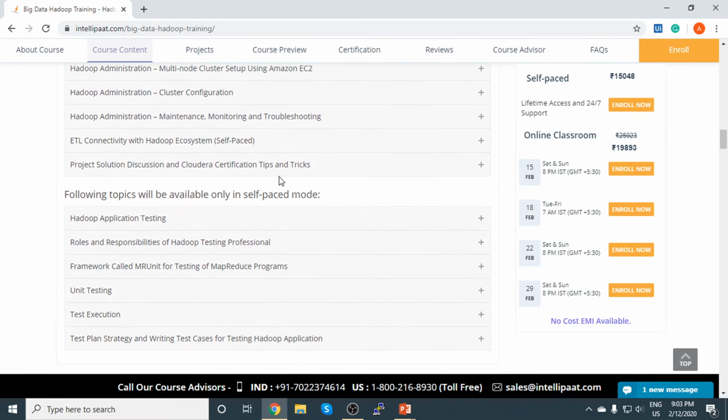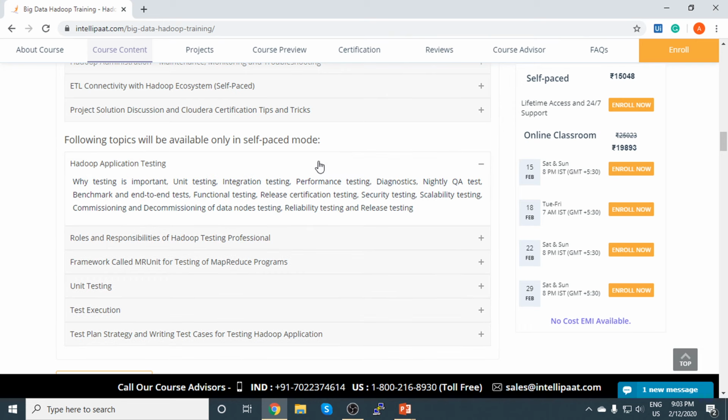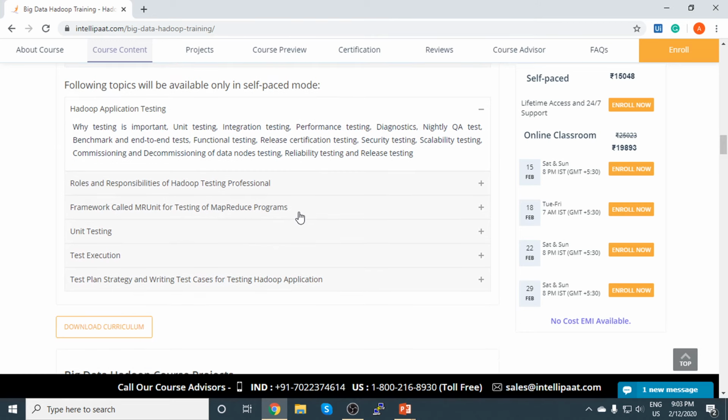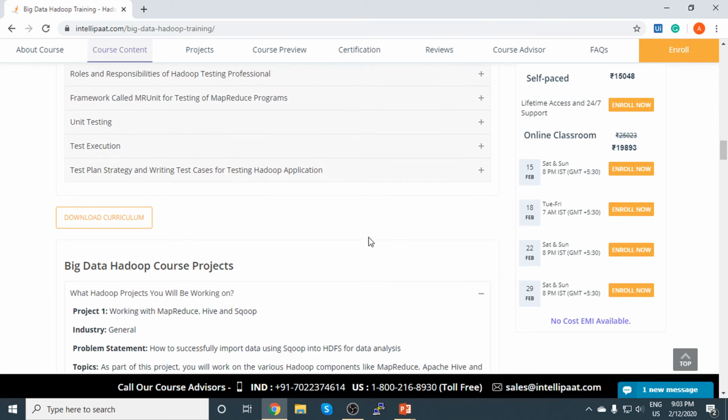And we have a couple of courses that are available only in the self-paced mode, because these are concepts you can understand quickly at a very good pace. These include Hadoop application training, roles and responsibilities, unit testing, test execution, the strategies for testing a Hadoop application, and much more.